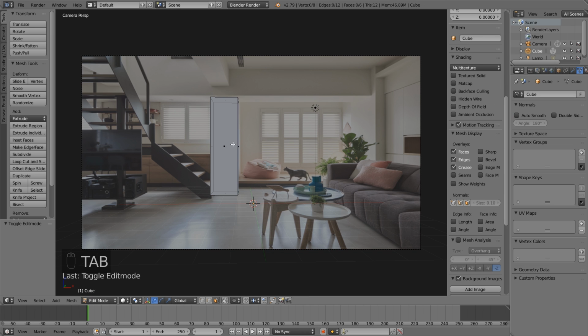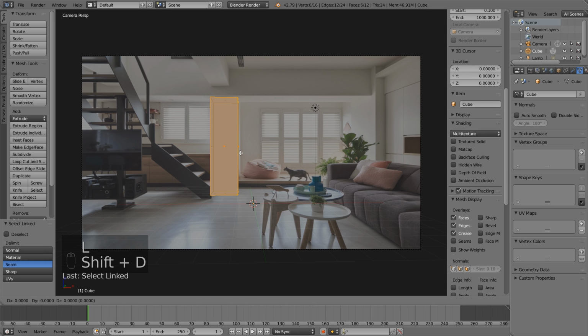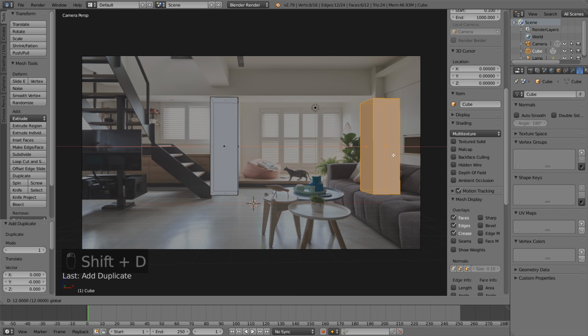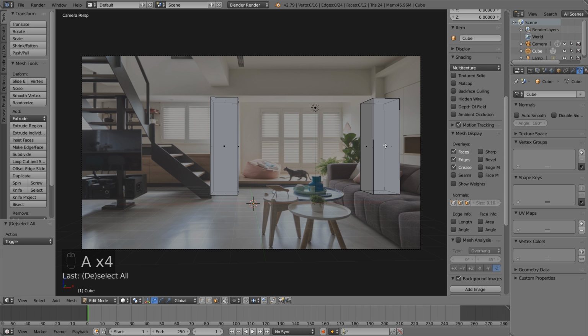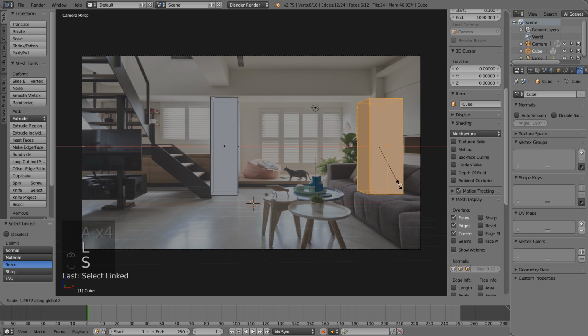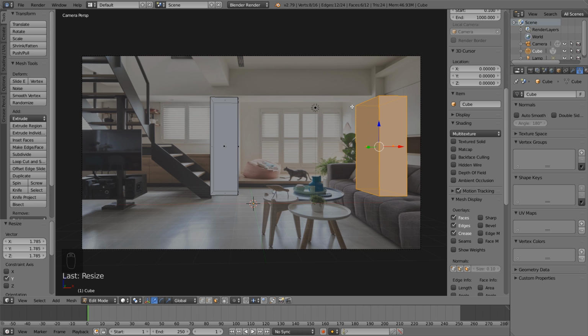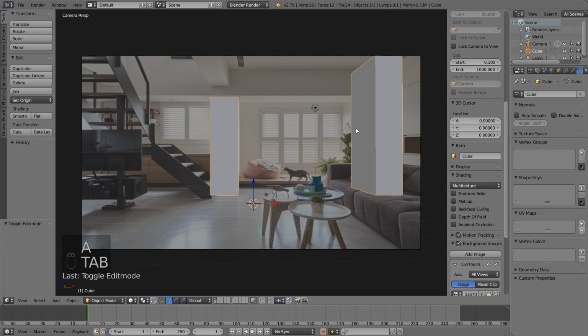I'm just going to tab into edit mode, hit L to select our pole here, Shift D, and then holding Control, I'll snap it over until we reach about that point there. And now I'm going to have to scale it along the X axis. So I'm going to grab just this cube here, scale on the X and Y axis, and we're just going to line up this edge here and this edge here. So scaling along the Y and then grabbing along the Y to slide it until we're lining up this edge here and this edge here. So scale along the Y a little bit more, and that looks to be pretty lined up. We can grab that top face and drag it up higher now because it needs to go to the top